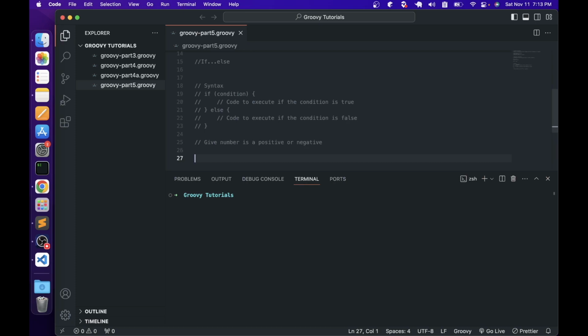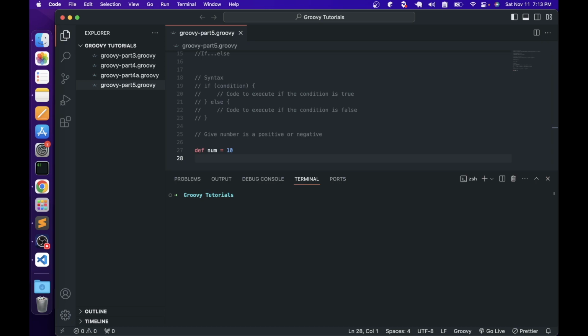So let's use the if else conditional structure and then write the code. Okay, first we will declare a variable num equal to 10. So we want to store some value in a variable called num. Now we will evaluate this num, and then based on that we will tell if the given number is positive